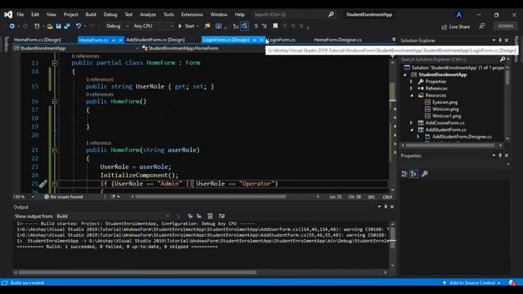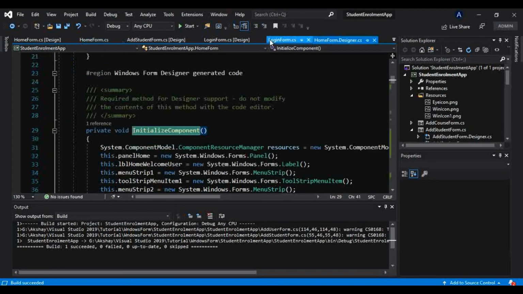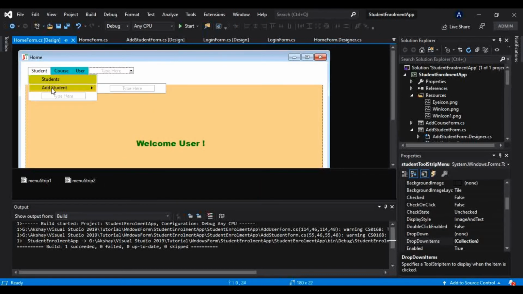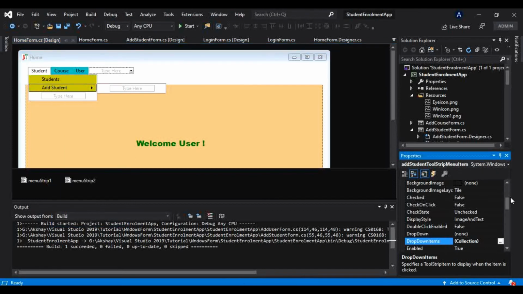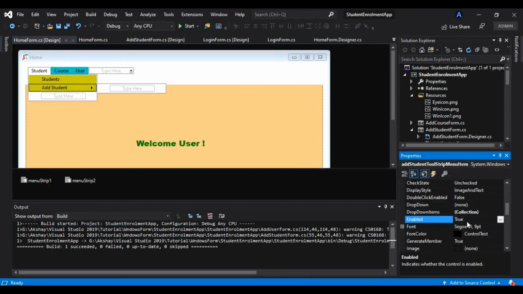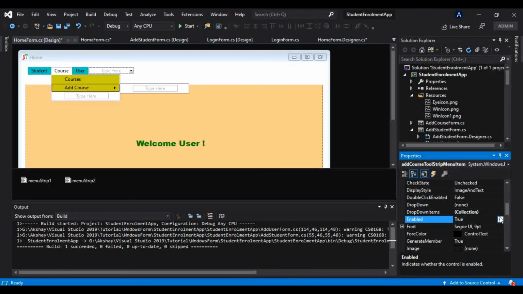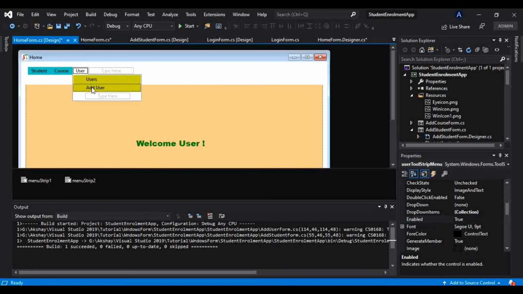That is, first what we have to do, we have to make a default behavior, that is from home form design, that is for these tabs. For this add tab, I will go to this properties, and there should be this enable tab, and I want to make that, and I will make that as false. Okay, so similarly for course, I will make that tab false. Okay, and similarly for this user as well. For operators we know, for operator, I want that as false.